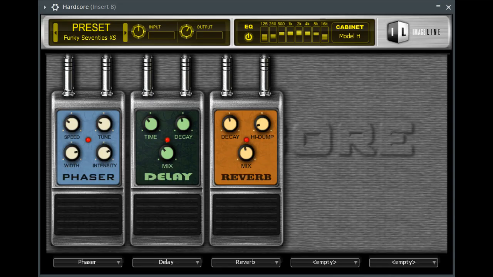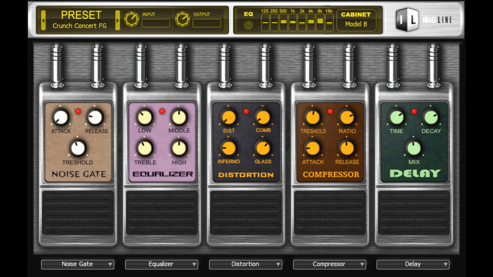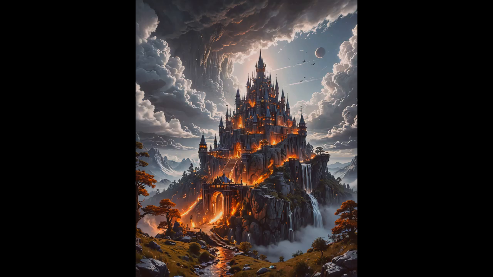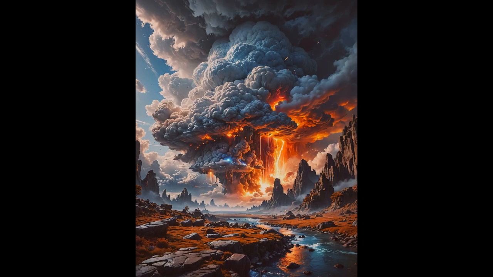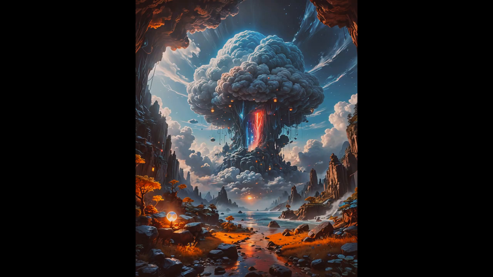Distortion. This is what happens when you crank it up past the point of no return. Distortion is the sound of your audio getting so pissed off that it starts to break up and scream. It's the audio equivalent of a guitar smashing on stage. Chaotic, aggressive, and a little dangerous. But hey, sometimes a little bit of chaos is just what you need.